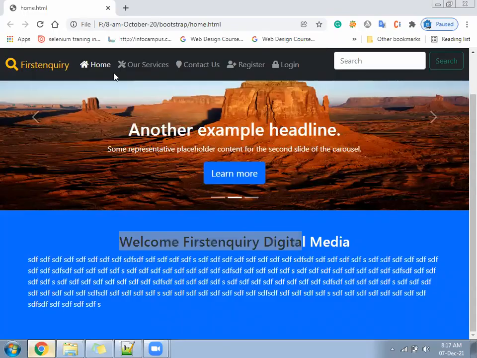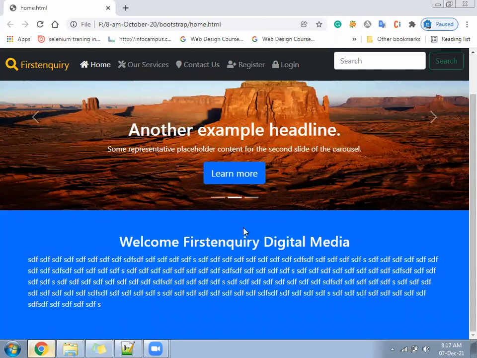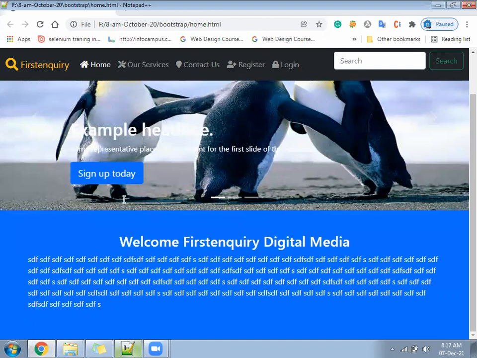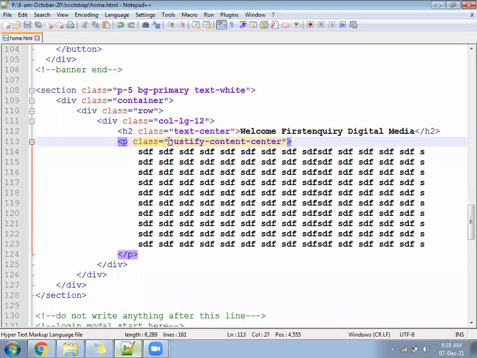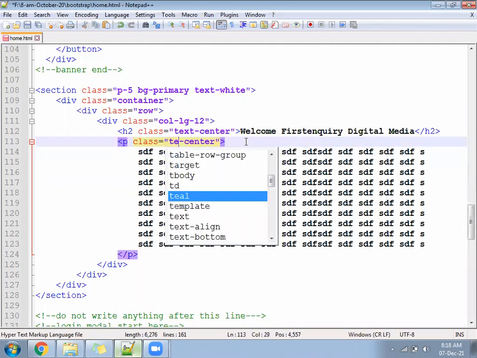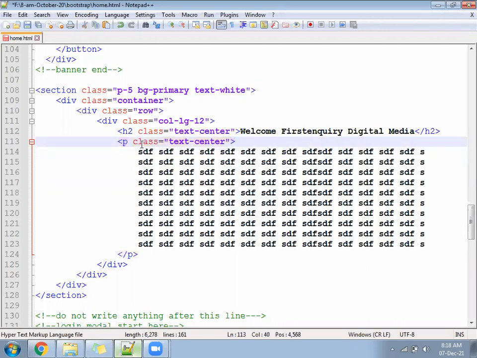No, it's not working. So what we can keep is text center. Maybe that class is not there.